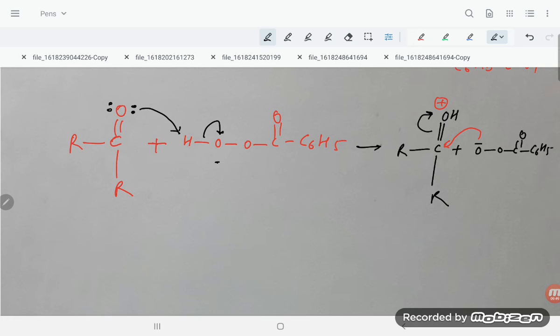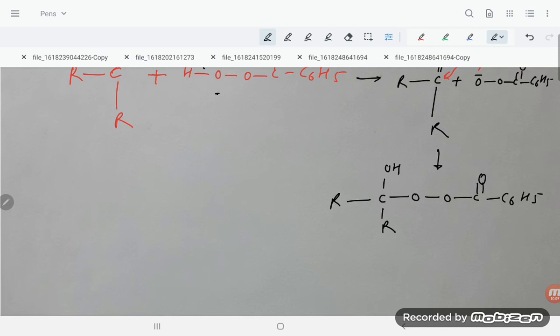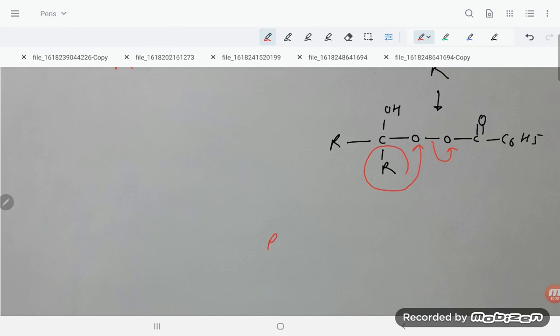Okay, so next, what intermediate is being formed. Here R is as it is, C is there, here is O, downside this is R, okay. Here is O, again O, here is C double bond O, here is C6H5, right? Now the next point, there will be splitting, student. And what kind of splitting will there be? Let us see. Dear student, this R group is going to add on this oxygen and this bond is going to split, right? So here, see, R is there, okay. So what compound is forming?